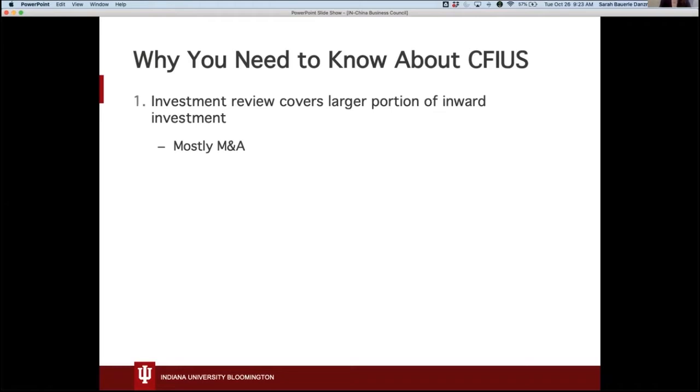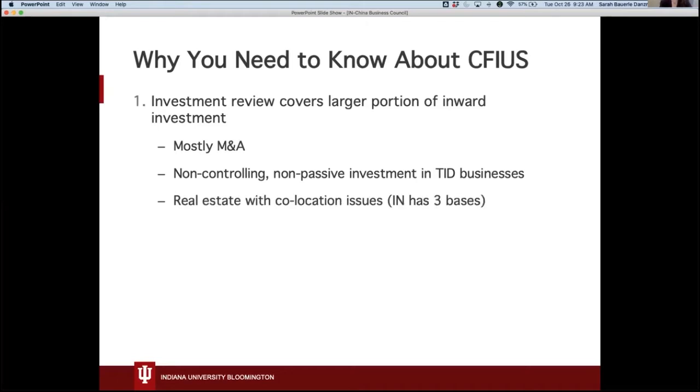But now there are some other types of investment that are also subject to a CFIUS review process. The first is non-controlling but non-passive investment in what are called TID businesses, which stands for critical technology, critical infrastructure, and sensitive personal data, which through those definitions actually include a lot of economic activity in the United States. Additionally, beyond that, there's also an expansion of CFIUS review over real estate that includes